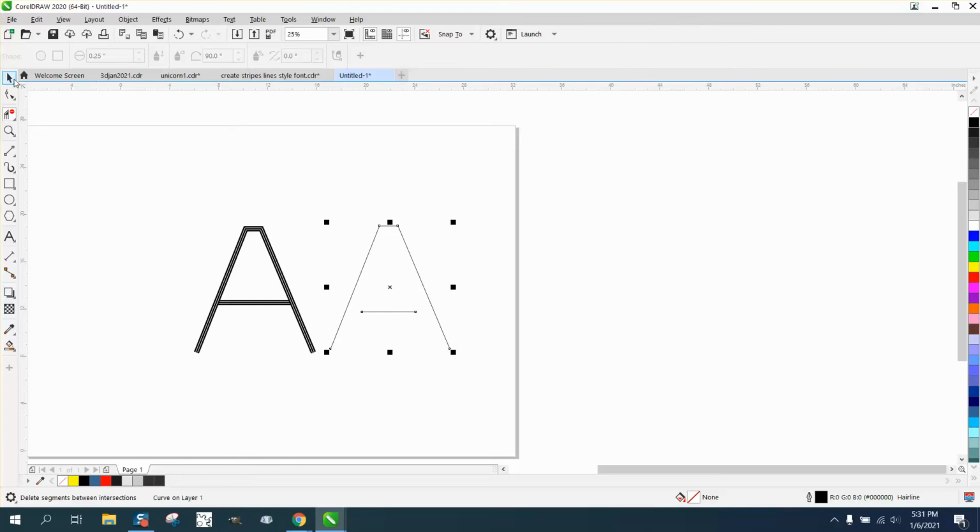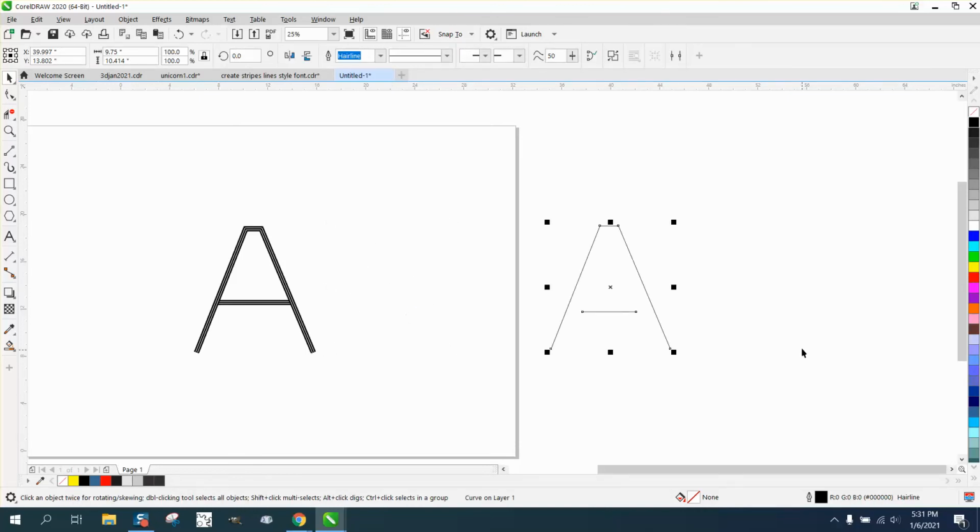So now I've got those three lines, or two lines. So we're going to take this one first. We're going to nudge this center line out of the way. I guess we got to go up to Object and Break Curve Apart. Let's nudge the center line out of the way. And let's take this, and we're going to use, now this only works in Corel 20 like in the other video, but we're going to